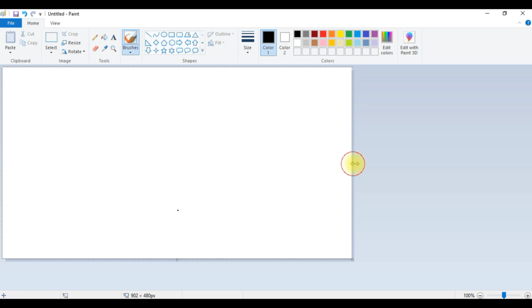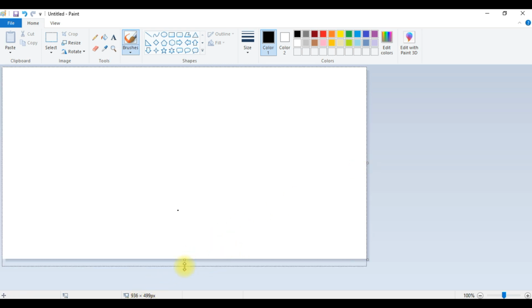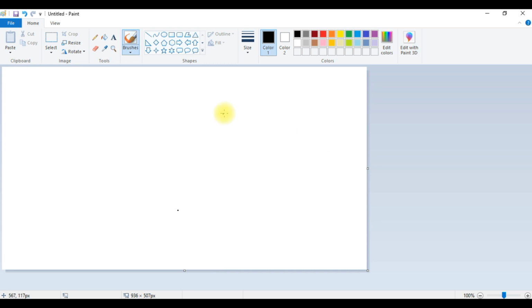On the right side also some dots will be there. You can move like this. You can change the canvas area based on the pixel. So once you set the pixel, you can start drawing on that. First I'll tell all the tools,